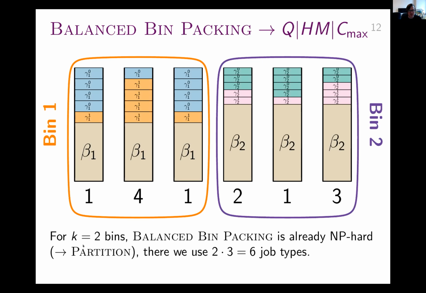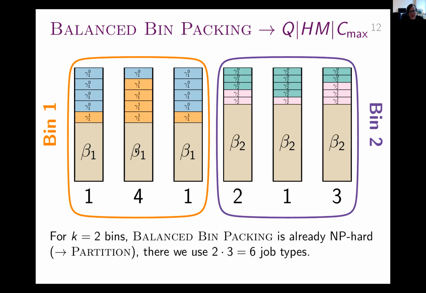So as you can see, if we had a hardness of balanced bin packing for more bins, parameterized hardness, then everything goes through. And this hardness exists. There's a paper by Jansen and others from something like 2012, 13, which shows that basically you cannot solve bin packing faster than n to the k if you have k bins and if the items are encoded in unary. So if you reduce from that,